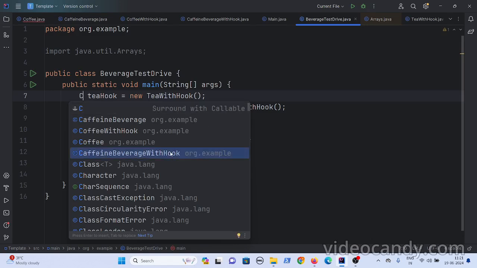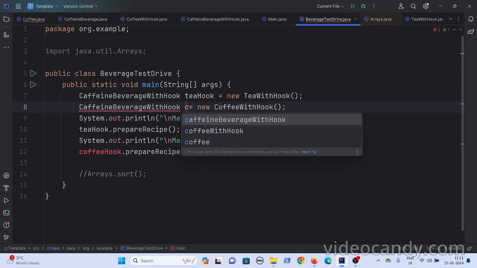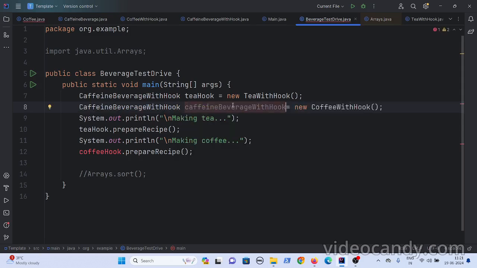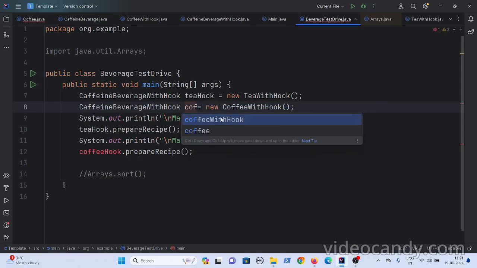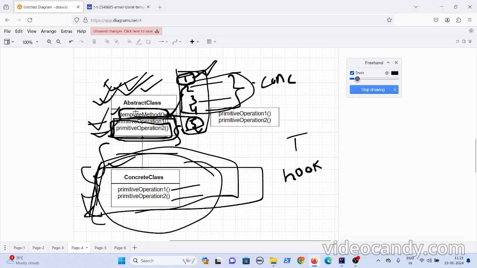So you are creating an instance of the child class, but what you are doing is invoking the prepareRecipe method that is present in the parent class. Now everything is handled in the higher level component. In the lower level component, you just have a few implementation details.